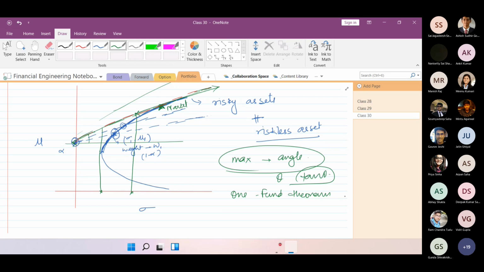Is the initial concept clear to you? Because tomorrow we just have to put in those equations where I can get the value of tan theta or angle theta, and we have to maximize that, and the rest would be the same procedure we followed in the previous class. Is it clear what I have taught today? Yes, sir.